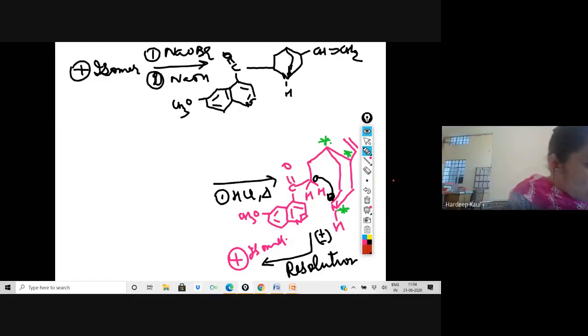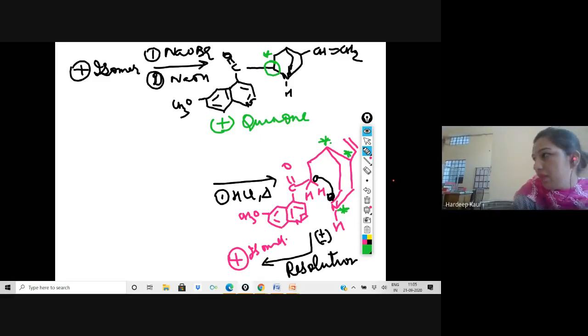So this again results in generation of one more chiral center. Please look at this molecule carefully. So this results in generation. So this is optically active. So we will have this plus quinotoxine. This is formed. Okay. So then what we do, we will carry out the reduction with the aluminium in ethanol